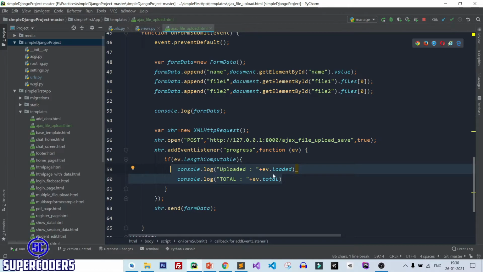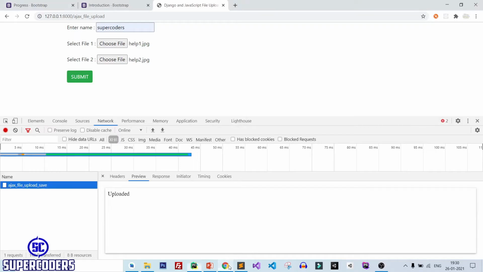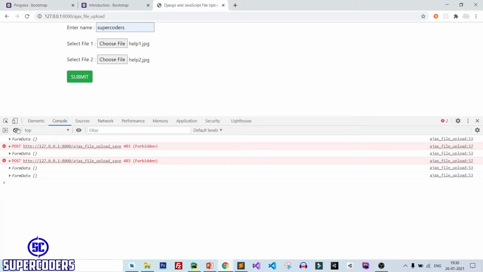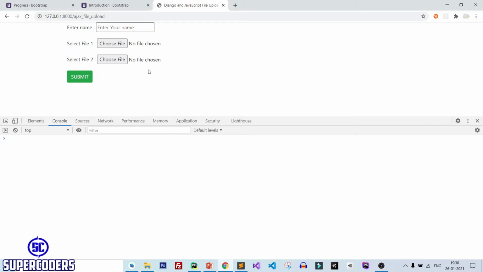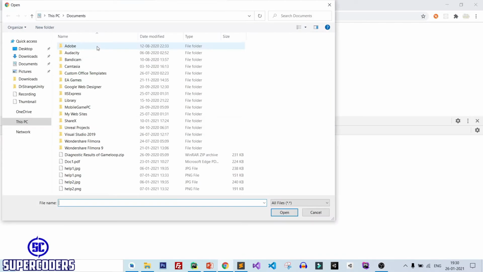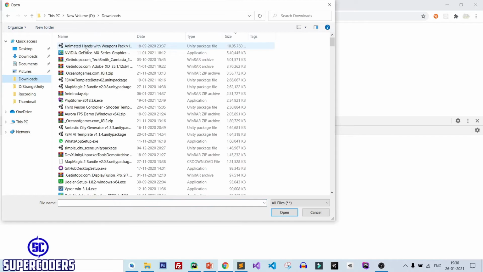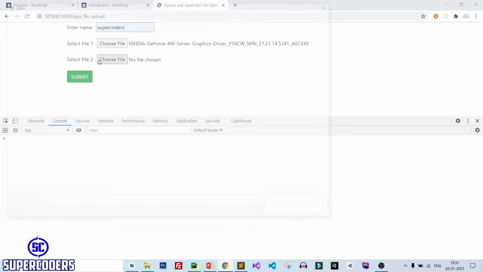So here you can get each progress of the file upload. Back to Chrome, clear the console, refresh the page, and here add the name supercoders. After that, select file1, and again select file2.